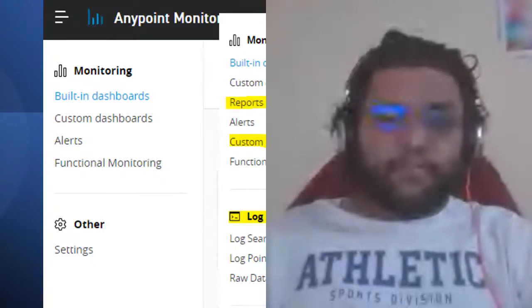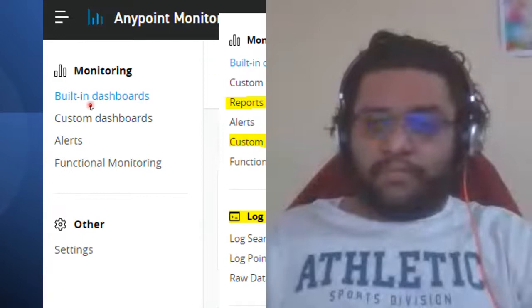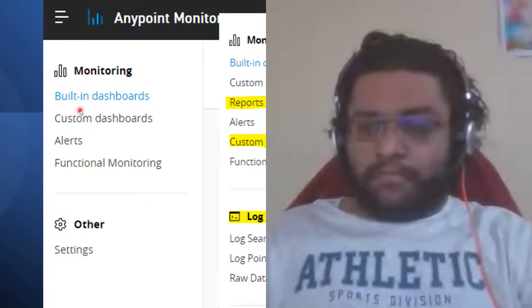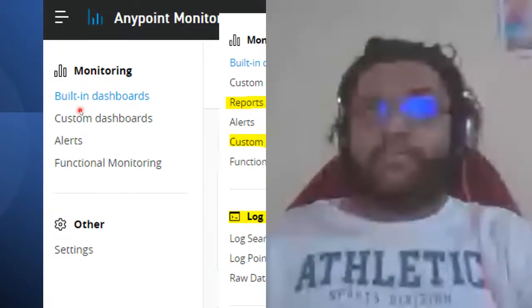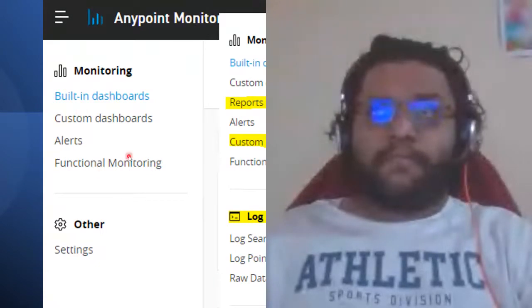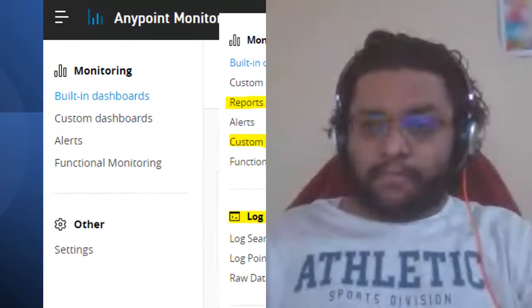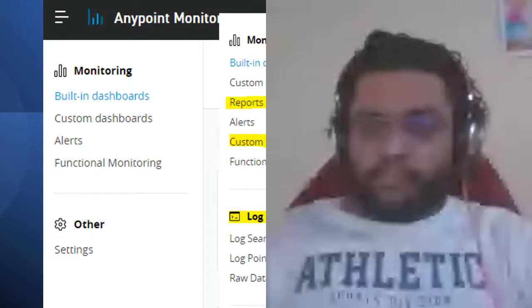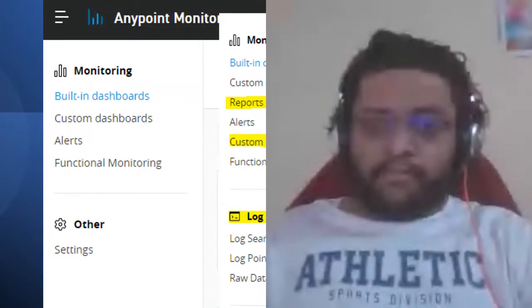The data retention is more than 30 days in the Titanium subscription, whereas for the Platinum subscription it is not that much. For the custom dashboards as well, there are certain additional features, like the advanced mode or the basic mode, and such things.